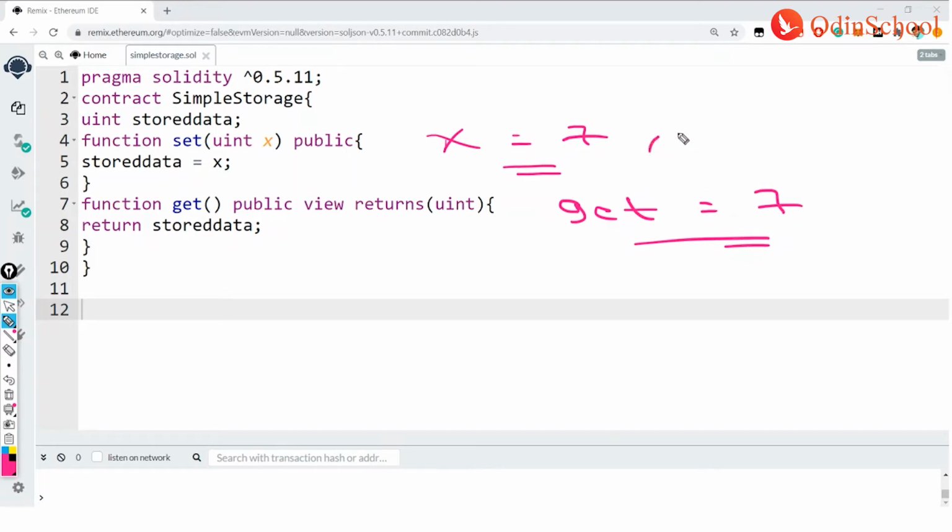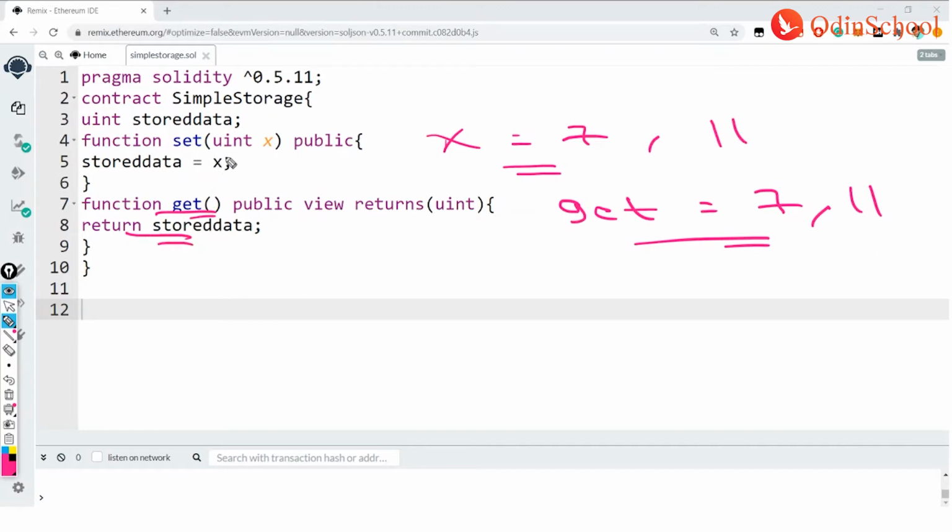Let me say if you pass any value, let us say you pass 11 as a set, then you get 11 as an output. Why are you getting it? Because you said it very clearly from line number 7 that get me whatever I am trying to set in the line number 4 and 5. And you are saying that it should return the stored data.